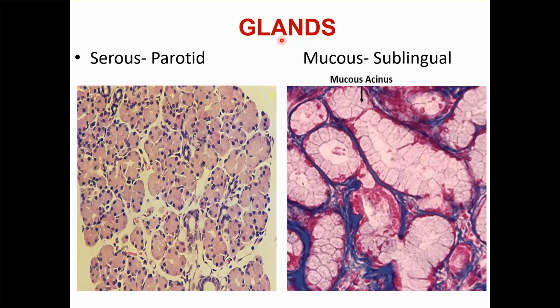In glands, you have three glands. A pointed arrow can be shown to any of them. This is called a serous acini, and the location is the parotid gland. Also, if the question is to identify the section, you can say it is a serous gland. This is for mucus. You can see lightly stained acini. The nucleus is at the base, and the example is the sublingual gland.